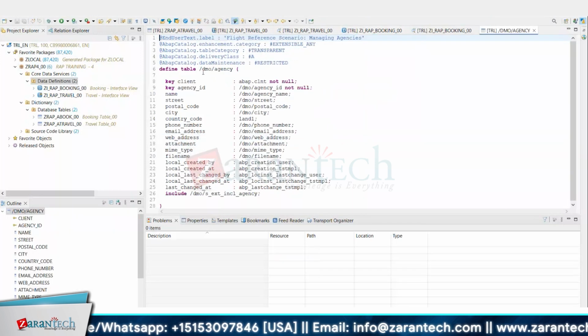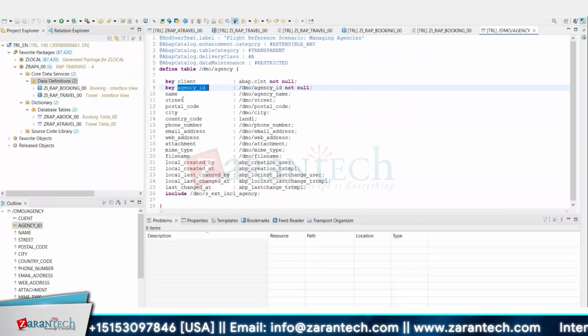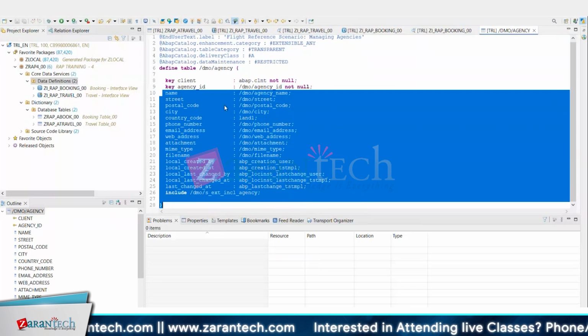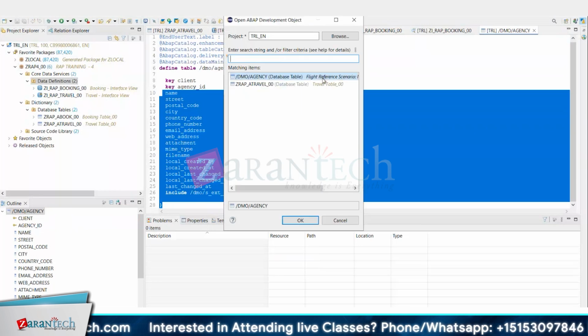But this table /DMO agency, see, agency ID is the key field, and agency name, agency street, agency postal code, city, country code, phone number, right? MIME type images. So a lot of fields are there in this agency table. I don't want this. Instead of that, SAP has provided one view on this agency table